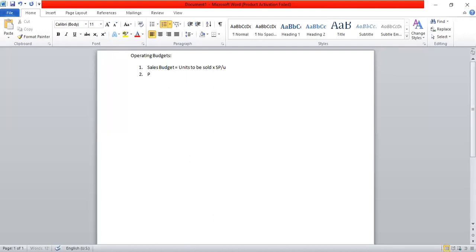So how many units would be produced is the next step, which is the production budget. If the production budget is prepared, the number of units to be produced is equal to